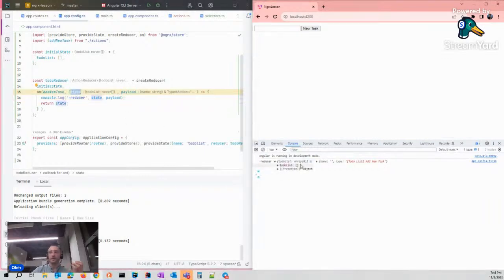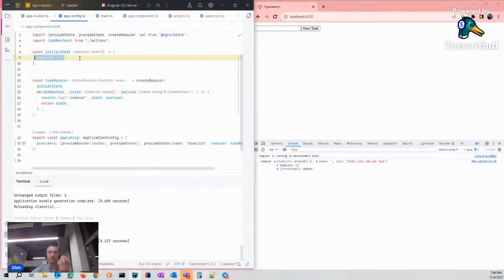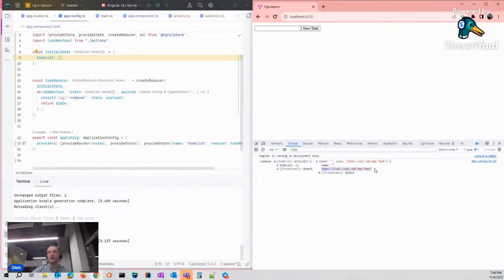That's our initial state with a to-do list and an empty array. And the second parameter, type. That's the string of our action, and our additional custom properties for this action, name, with an empty string because I haven't typed anything here. And now we have some name passed here.